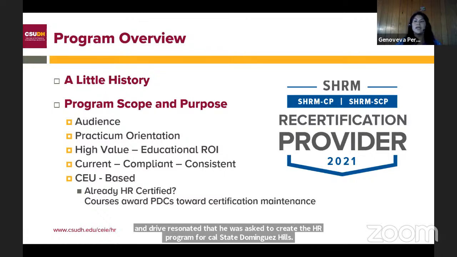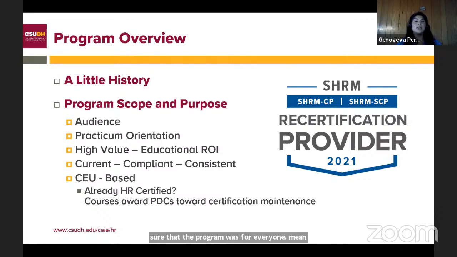His goal was to cater to everyone and make sure the program was for everyone, meaning it is a program that fits all levels of career, whether entry level, experienced, mid-level, or just for professional personal growth. As instructors, we are all very proud to be part of this program because it continues to be relevant and consistent with all the changes over the years and even daily. We try to be the best and always on top of the current trends and policies, so you take with you information and tools to grow your knowledge and your career path.